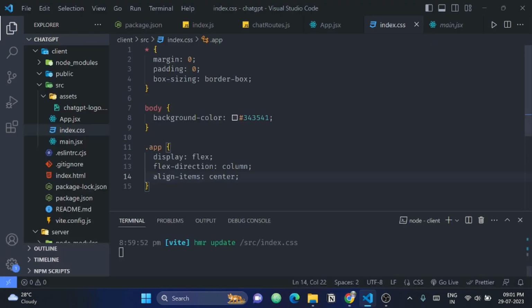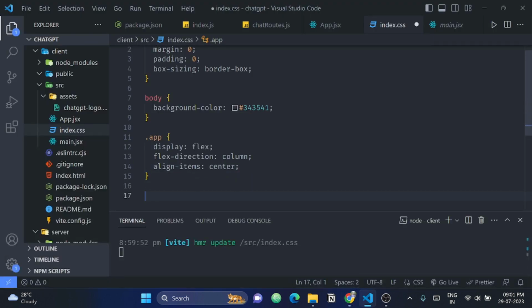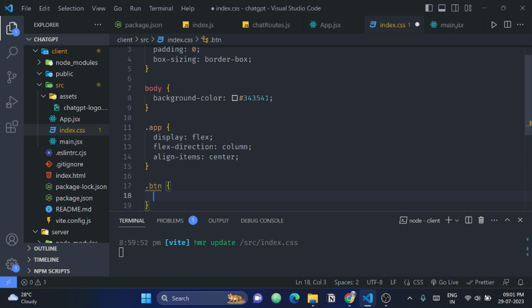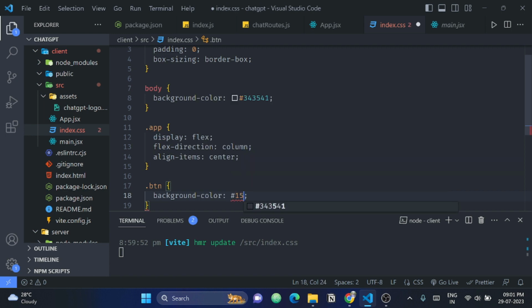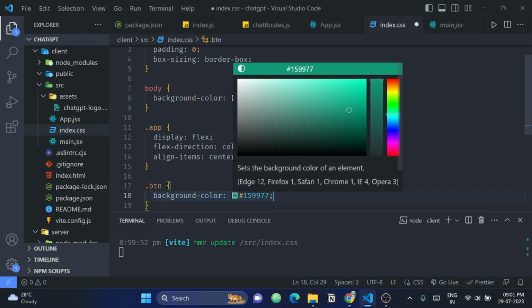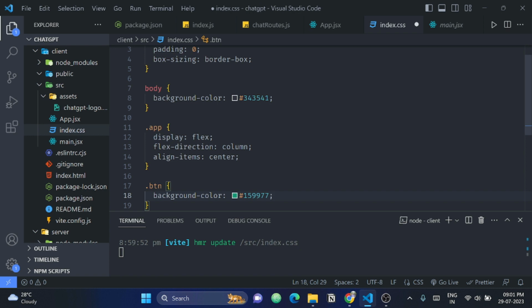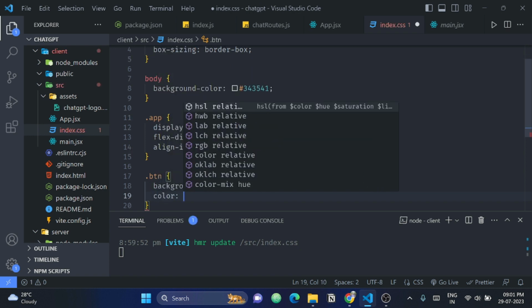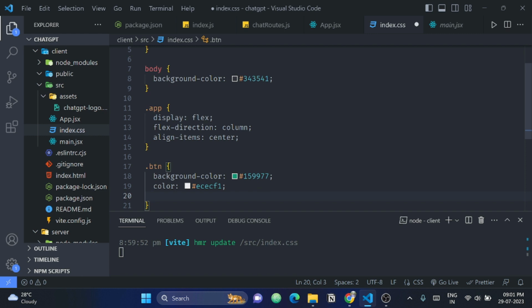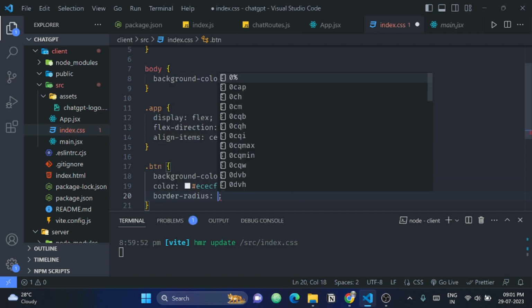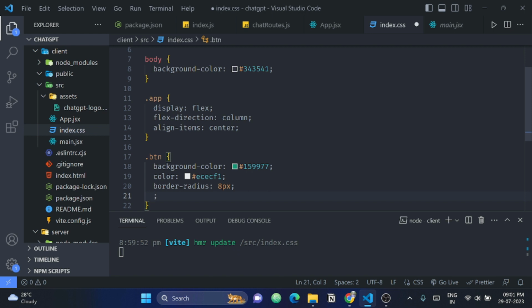So let's go into our app and let's target the button. So btn is the class that we gave the button, and let's just give it a background color of 159977, which is a green color. You can see this green color which is matching ChatGPT's green color. So this is the background color. Of course, I will change the color to a white shade, which is ECF1. Okay, so this is a white shade that I'm giving it. I'm giving it some border radius and making it a bit curved. Cursor pointer,